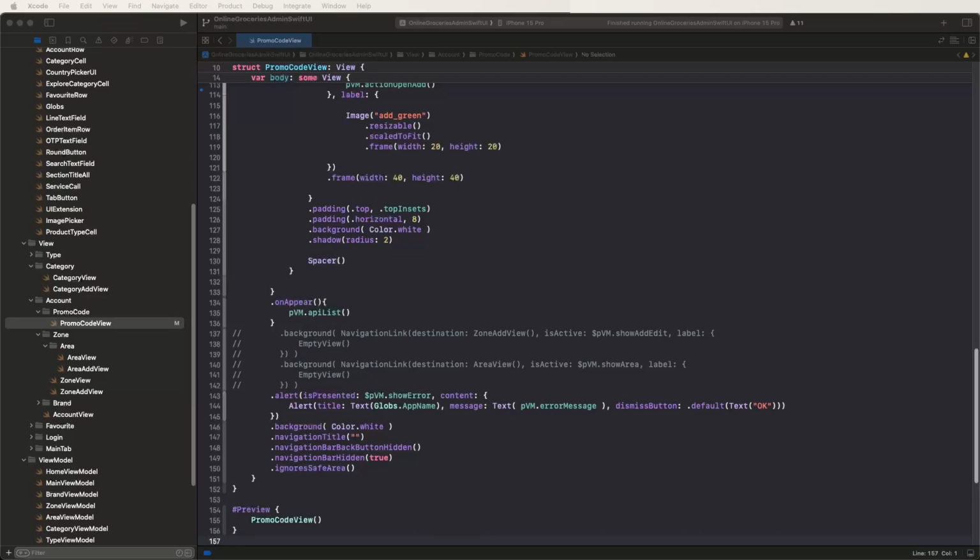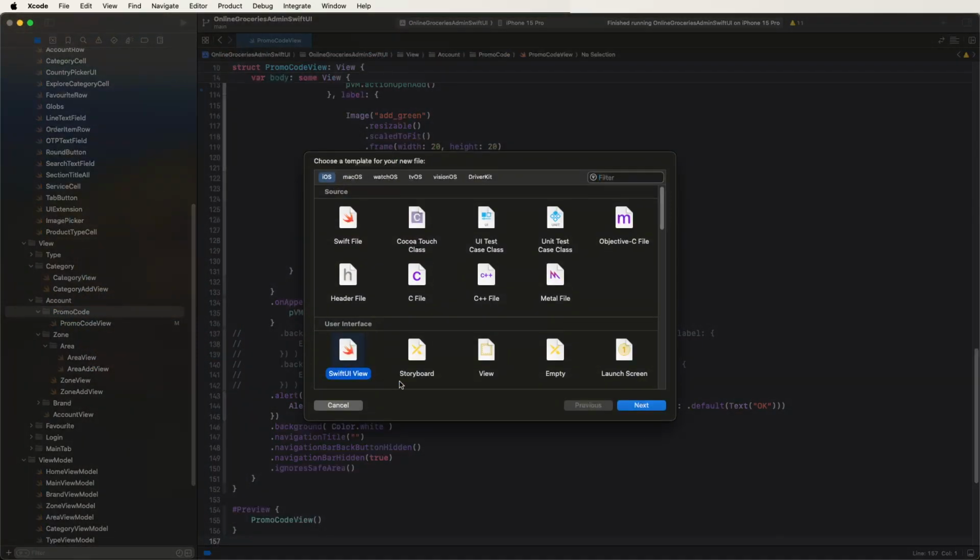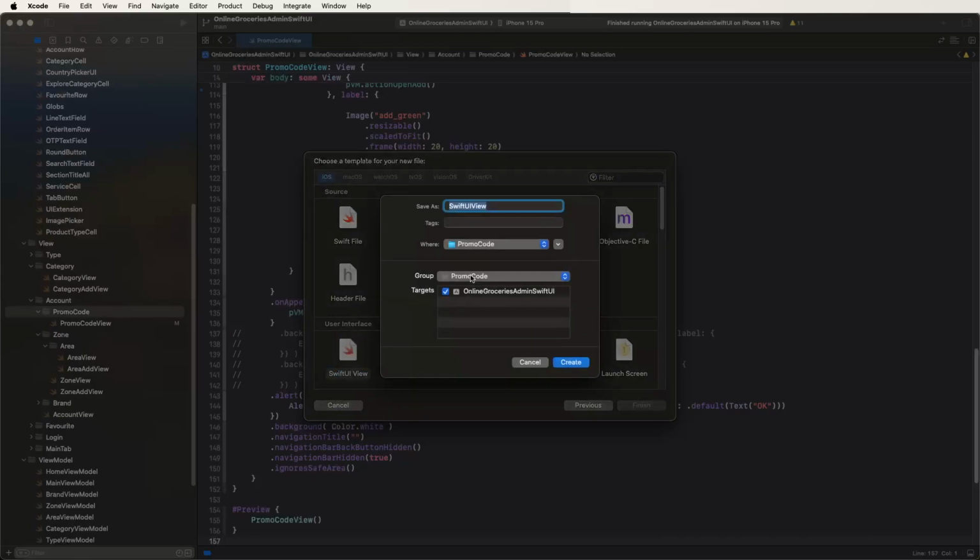Today we need to see the promo code add, edit and delete. First of all, we need to make the UI for the add promo codes. Now we need to create a new file, select the SwiftUI view, and give it the name promo code